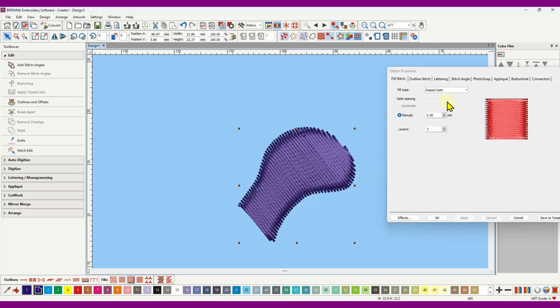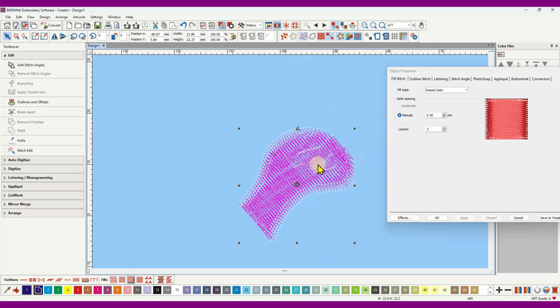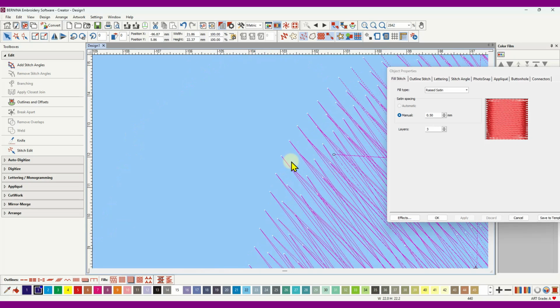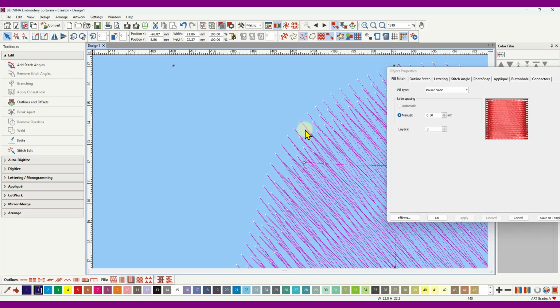There's no stitch length here because there are layers of satin stitching now in this object. In fact, there are 3 layers plus the original object. The original object is still on top, and there are 3 layers underneath, and each of those layers is shorter, so the stitch length is really determined by the object shape. Let's go out of true view and zoom in. We have still got those jump style stitches on this one because it's so big, only on the top layer I think. But you can see here, if I zoom in really closely, that we've got layers underneath,